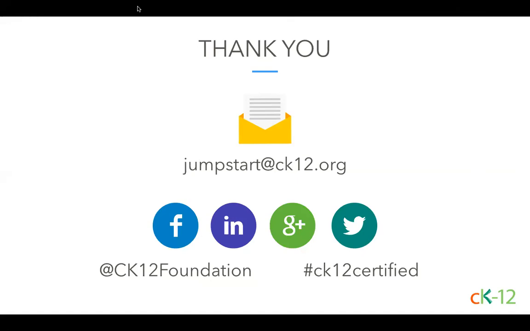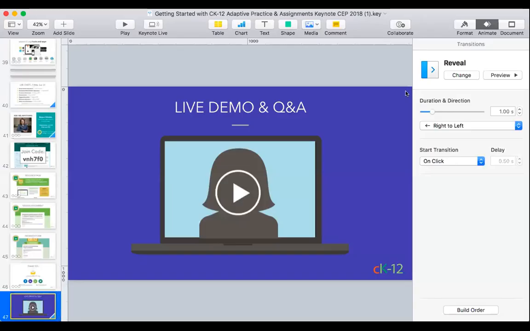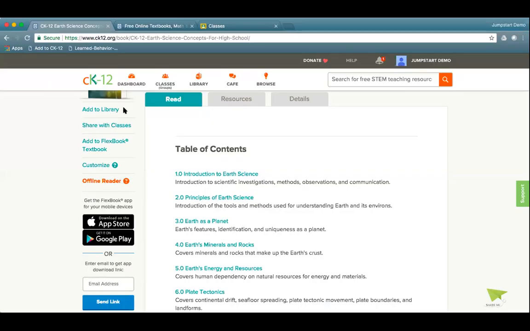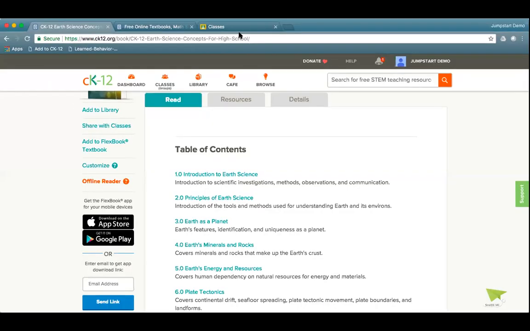So Google Classroom, let me actually share my screen for a second to show you guys Google Classroom, because I know a lot of you guys are new today. Escape out of here for a second and pull up that so I can share my screen. Let's just walk you through Classroom for a second.